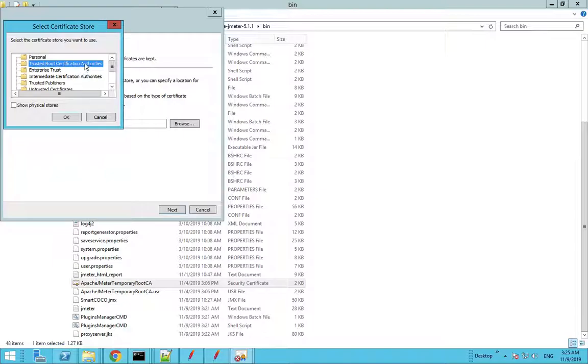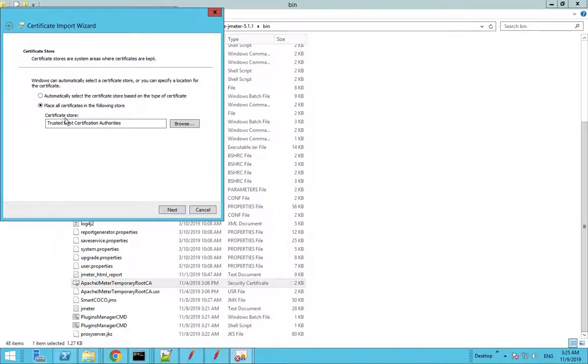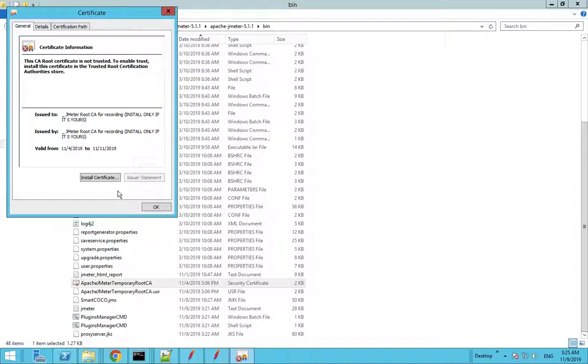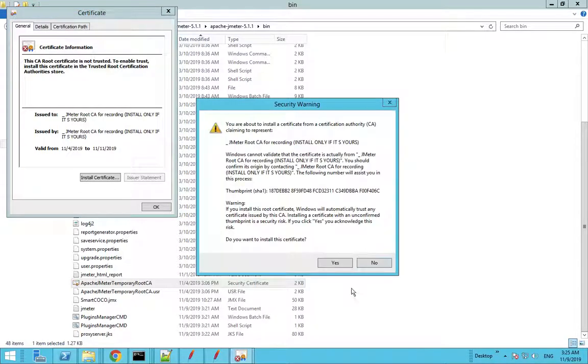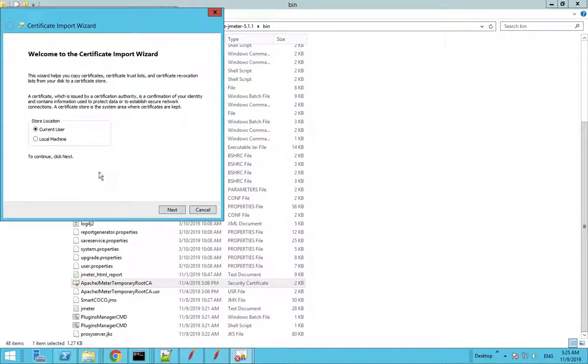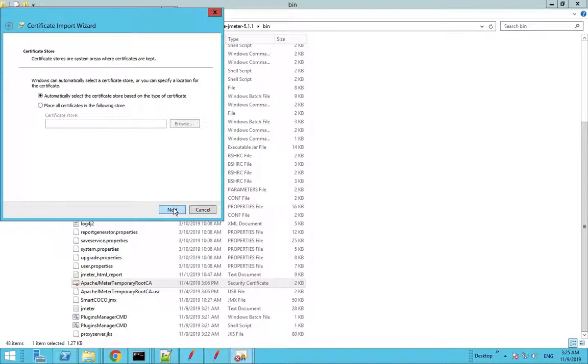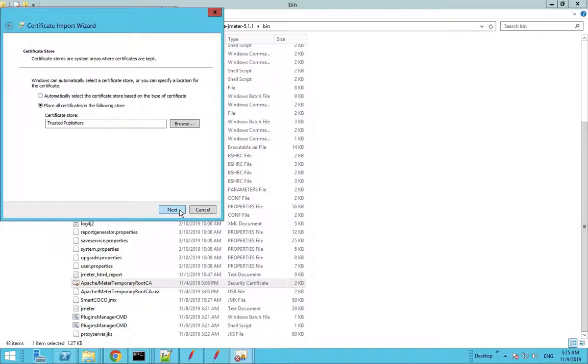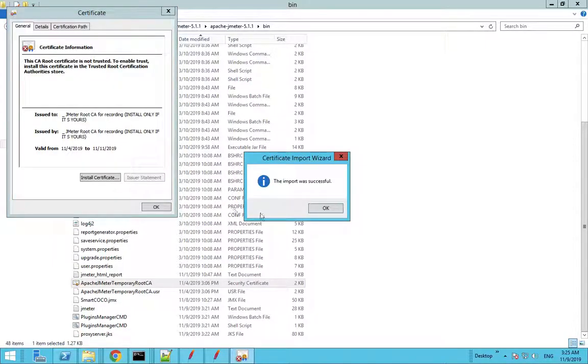One is trusted root certificate authorities. So just select that, say finish, and wait for the pop-up to come up. It is installing, say yes here. Okay, install the certificate again, current user, then browse, go inside trusted publishers. Okay, next, finish,